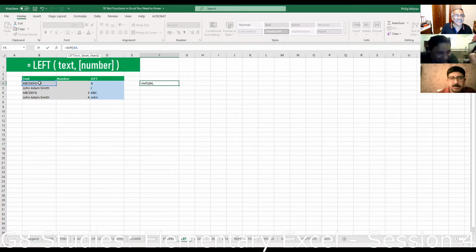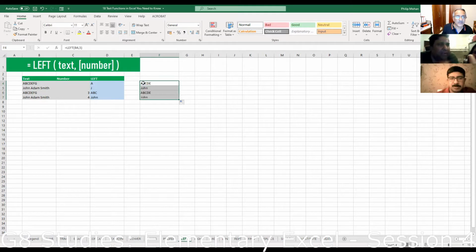All right. Left. We are taking the first 5 characters. This is what it will give normally: A, B, C, D, E. We already saw that. Now you want to add the proper function. You have to do it before the left, so left is the inner function which will work.